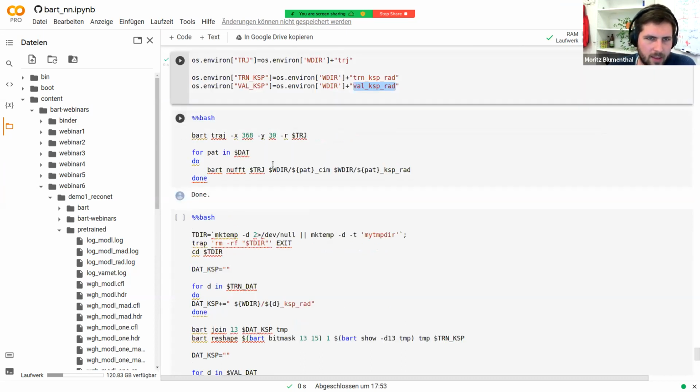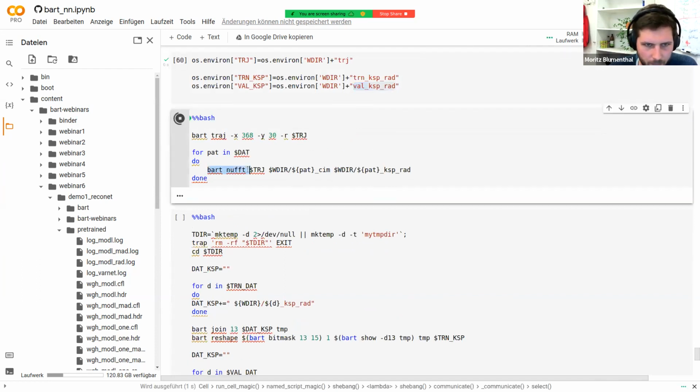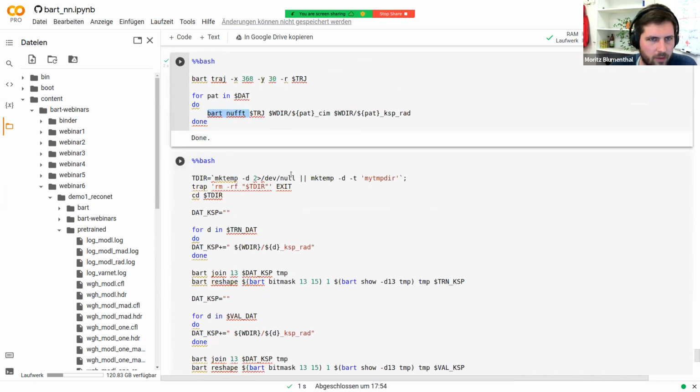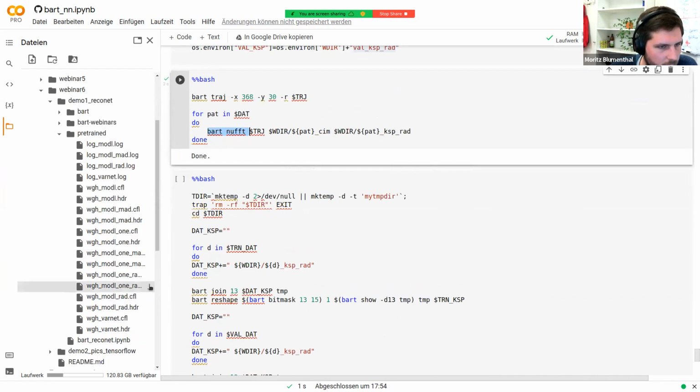So we work with the same data. We simulate non-Cartesian k-space here with the BART UFFT tool. That was also rather quick. So you should have here now somewhere